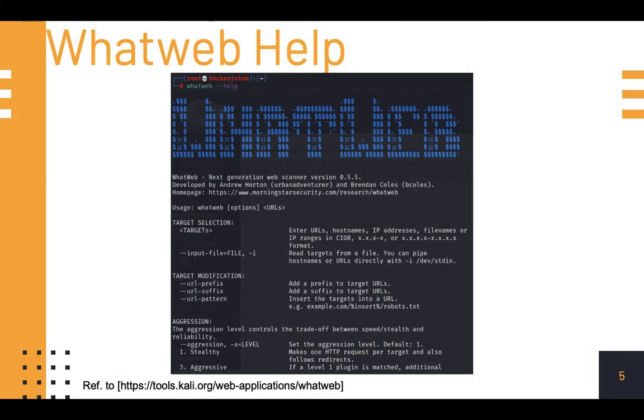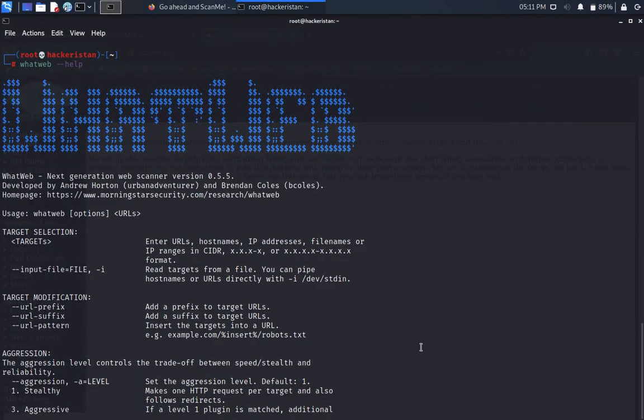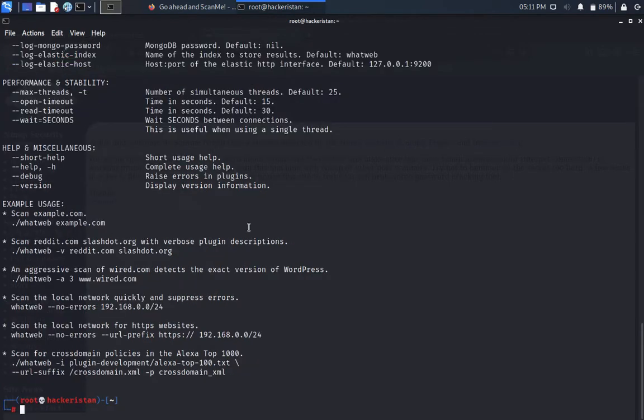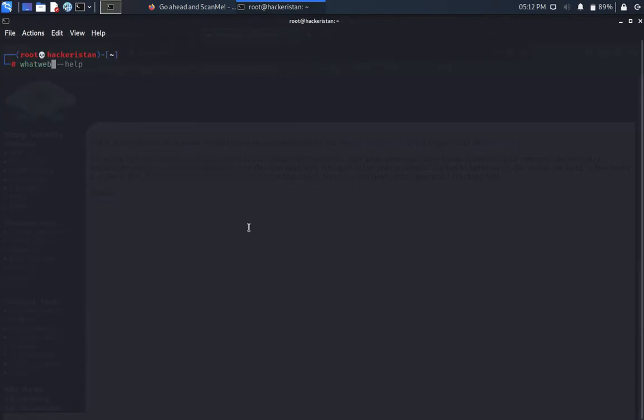This is the look and feel when we type the WhatWeb help menu. So let's start the practical demo of how you can utilize it. For this practical, I'm using Kali Linux. Just to let you know, guys, WhatWeb is a part of Kali Linux, and this tool has different options available when you simply type WhatWeb dash help.